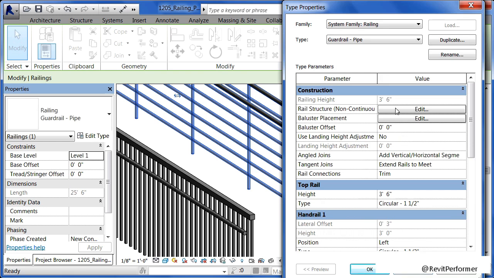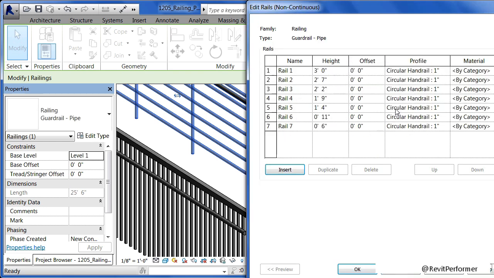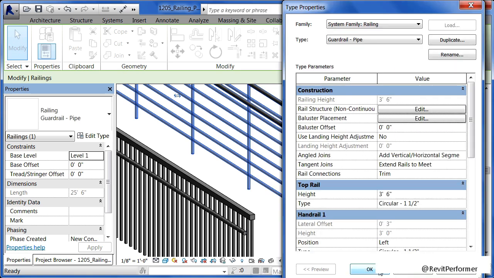Now I'm going to hit on Cancel to get out of this menu. I'm going to come up to Edit next to Rail Structure. And here we can see each of these rails going straight up, as well as their height off of the ground, and their overall 1 inch diameter around. This is the shape, and this is their height. As far as materials go, it's currently listed as being by category, but if someone would click inside of there, you could specify that this is made out of stainless steel, aluminum, PVC, whatever material you like, just specify it through here in the materials. So railings, they're made up of rails as well as balusters.